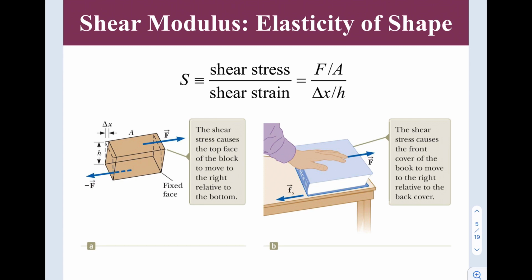For example, this book, our textbook, is placed on the table. We apply a force parallel to the surface of the book. What will happen? There is a frictional force at the bottom part of the book due to contact with the rough surface, which is the table here. Since the possible motion of the book will be to the right, friction is going to be to the left. Due to the force I've applied and the friction, which are parallel to the cross section of the book,